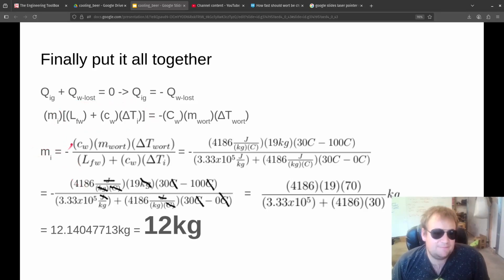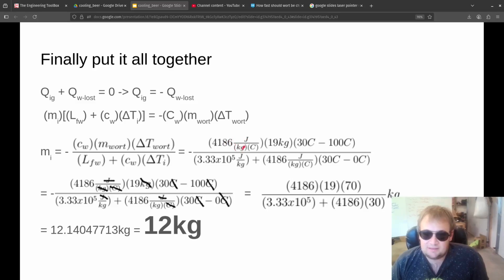So we get, with a negative sign, the specific heat of water times the mass of the wort times the delta T of the wort, all over the latent heat of fusion of water plus the specific heat of water times the delta T of the ice, equals, and again this minus sign,